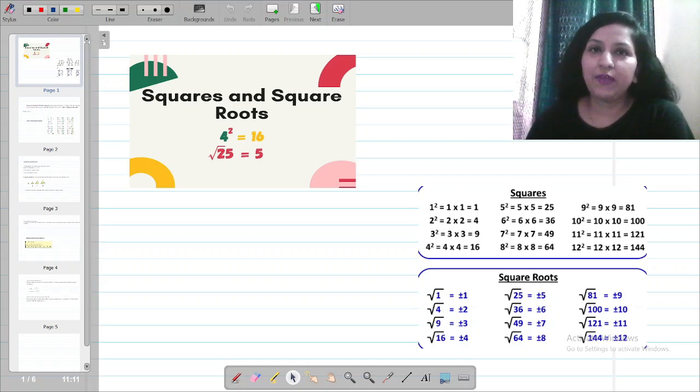In today's session, we are going to discuss the topic square and square roots, which is a class 8 topic. The usage is also there in grade 7. You must have done Pythagoras theorem, wherein to find the hypotenuse, you are supposed to find the square root of the number or at times the squares of the number. So, beginning with square and square root, let's understand what are squares, perfect square, and how to find the root